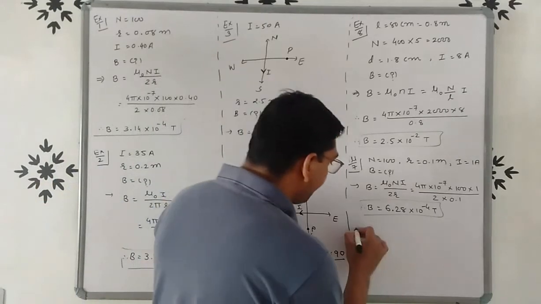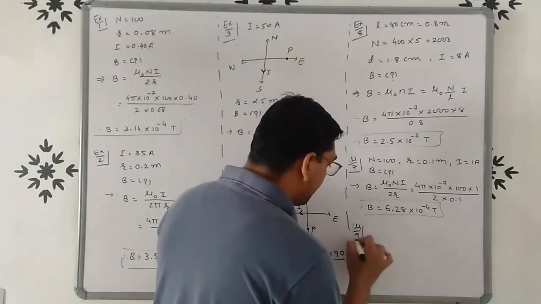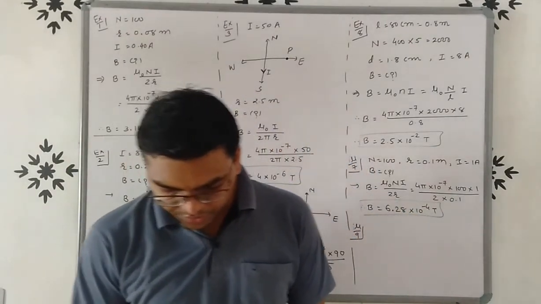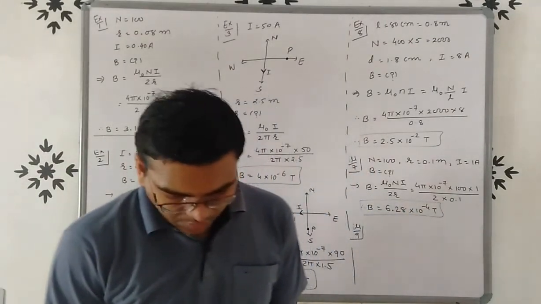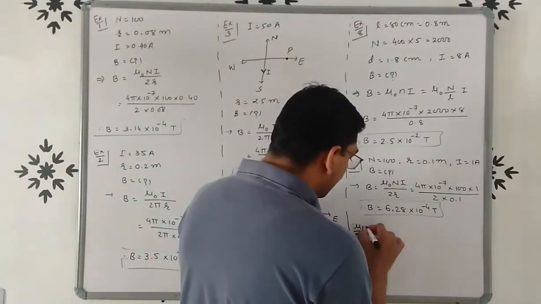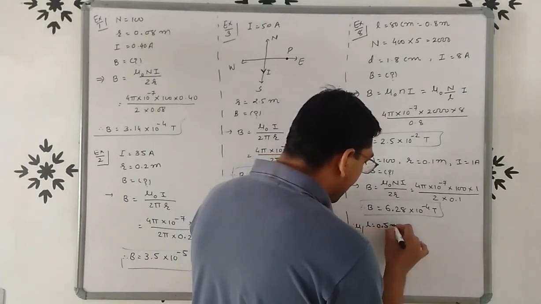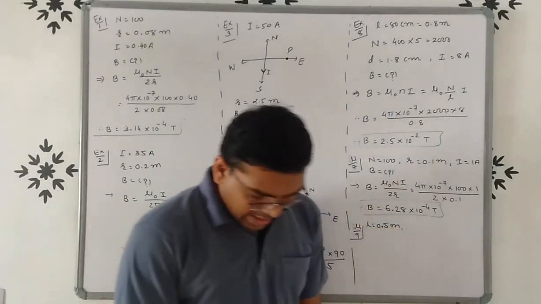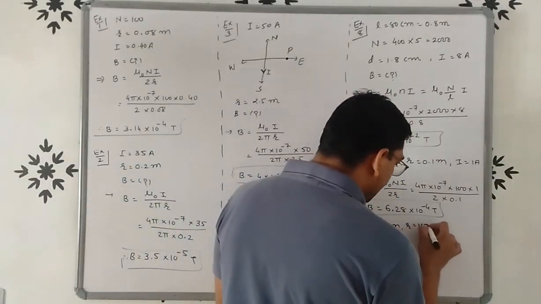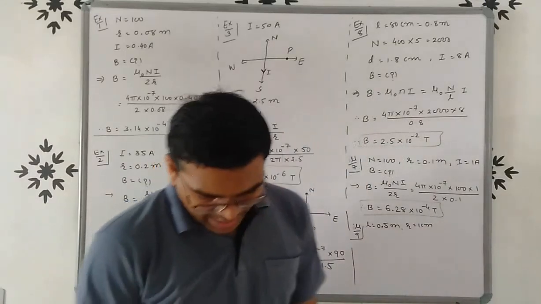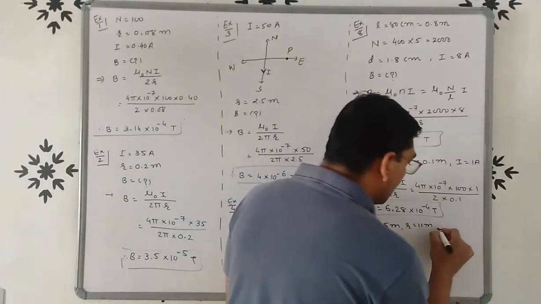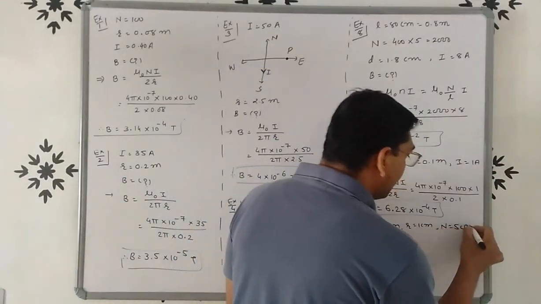Now we will move forward to our next example, that is illustration number 9. A solenoid of length 0.5 meter has a radius of 1 centimeter. So here the length of the solenoid is given as 0.5 meter, so L equals 0.5 meter. It has a radius of 1 centimeter, and is made up of 500 turns. So here the total number of turns, capital N, is 500.